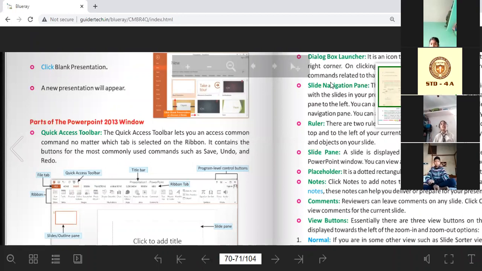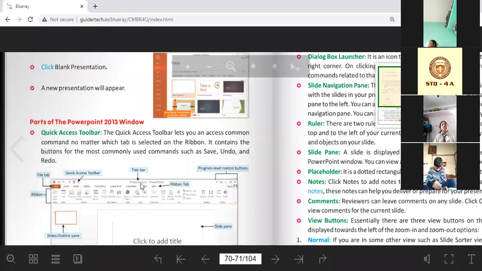That is why it is named Quick Access Toolbar. These are the commands which we use frequently, like we use the Save command, we use the Redo command or Undo command. So these are the commands which we use frequently, and it helps us to access the commands quickly whenever we need.